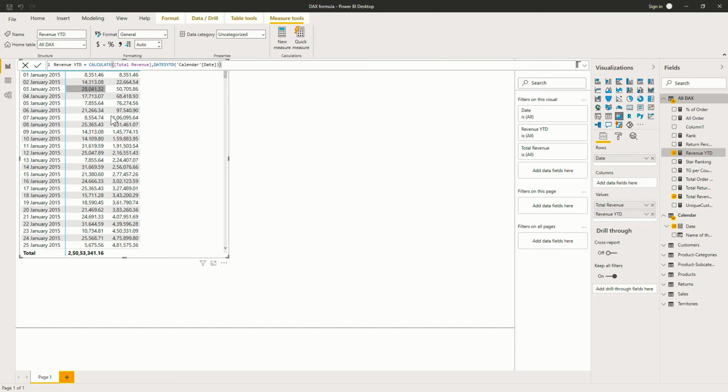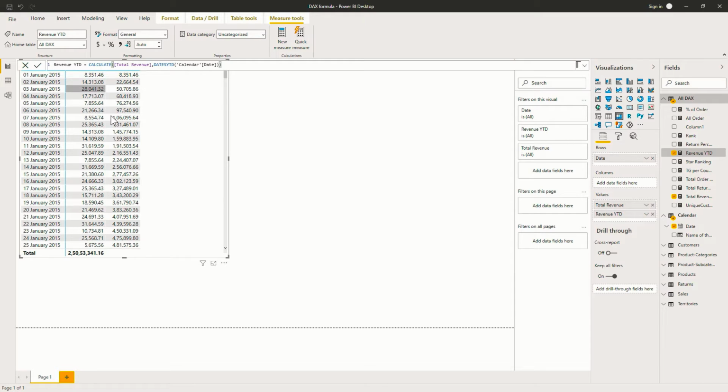Problem statement: calculate the total revenue year to date. Now suppose I want to analyze my total revenue year to date. Suppose I have the data for 3 or 4 financial years and I want to calculate the revenue by year. Now a year to date function, or YTD function, returns a table after performing calculations from the start of the year till the date in the corresponding row and goes on till the end of the year, and starts afresh from the new year.